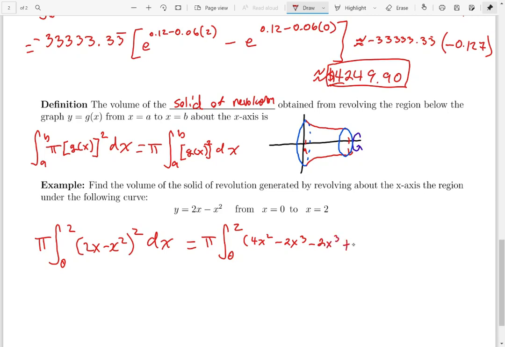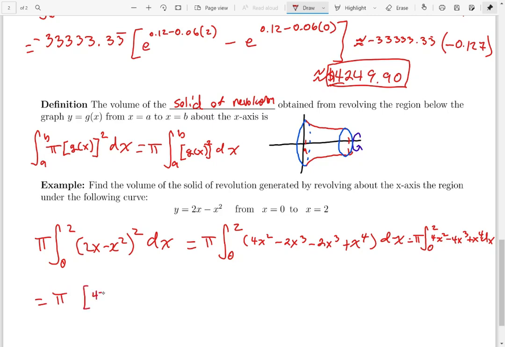Last is plus x to the fourth dx. And now let's clean it up. This is then going to be pi times the integral from 0 to 2 of 4x squared minus 4x cubed plus x to the fourth dx, which then is pi times